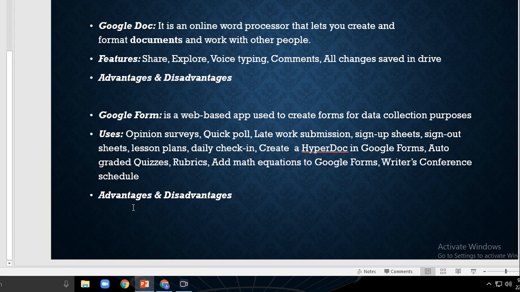The interface makes it easy to drag and drop the elements and organize them according to your will. Then at the design level, it is possible to choose between palettes of colors as well as your own images or backgrounds to make it more attractive. Then Google Forms stores the feedback received so we can analyze it in detail. Then you can say the forms are integrated with Google Spreadsheet, through which we can access the spreadsheet view of the data which is collected. So there are many advantages of Google Forms here.